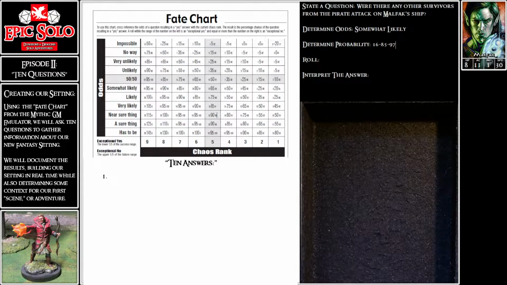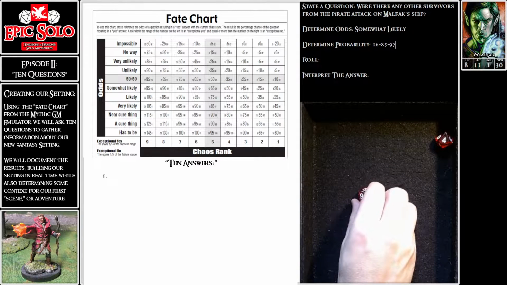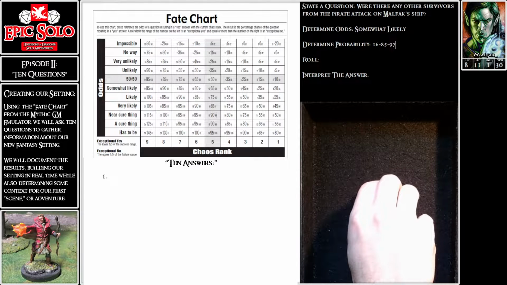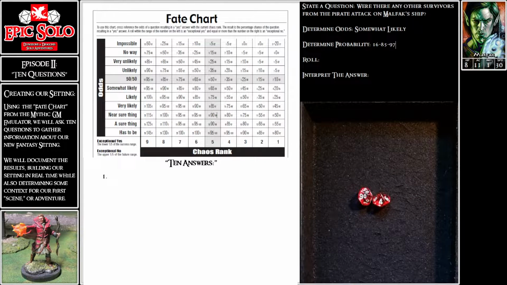And it is time to roll. So here we go. We're going to answer the question, were there any other survivors from the pirate attack on Malfac's ship? Ooh. Ooh, boy. 94. And so almost in the exceptional no, we can indeed conclude that Malfac is a sole survivor, which is pretty cool. And so we'll go to the answers, the 10 answers section, and we'll keep it brief because real estate is limited, and we can give some context to this later. But our 10 answers are